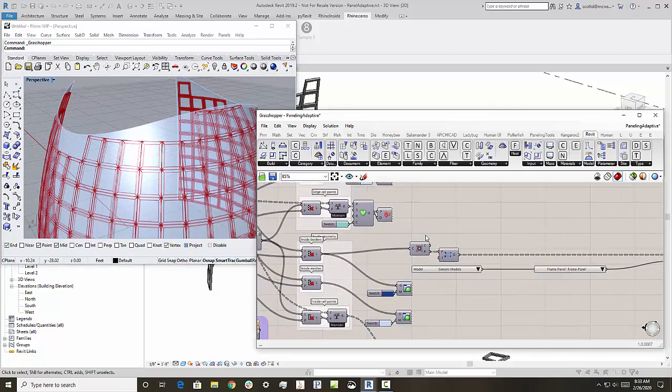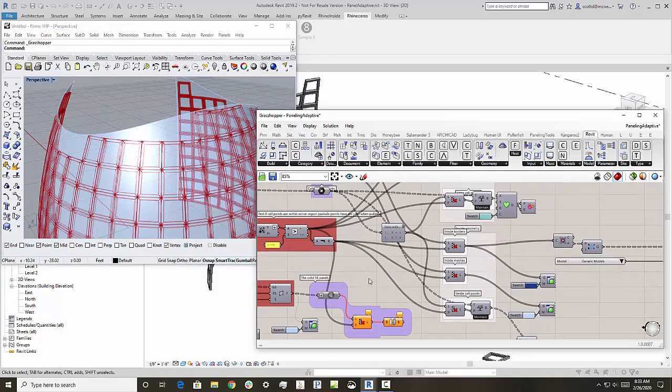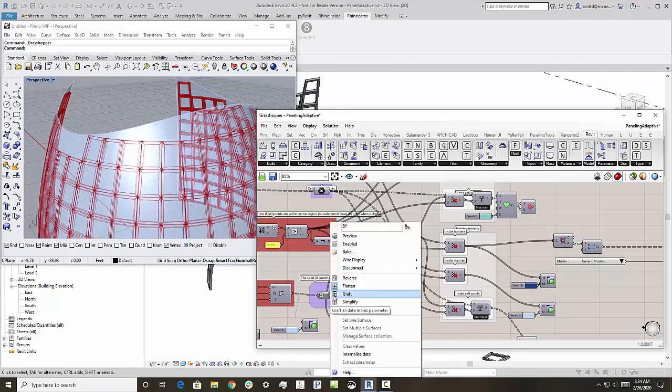So another thing that we're finding people would like to do is, what do you do at the edges? What do you do when the condition starts to break down a little bit in terms of the classic four-sided panels, in this case? Well, you could have Grasshopper decide how many points are at each panel, and do something different at each one, and that's some filtering that can go on here. Or in this case, what I've done is I've actually taken the